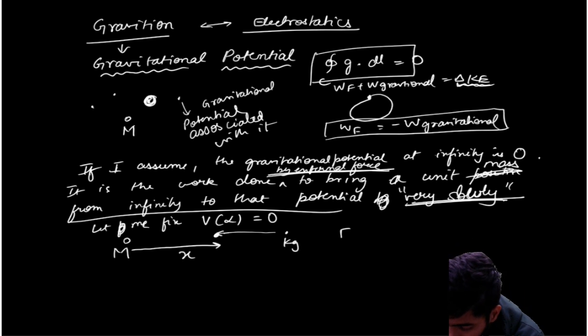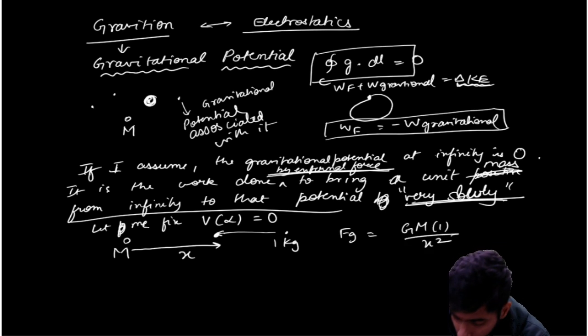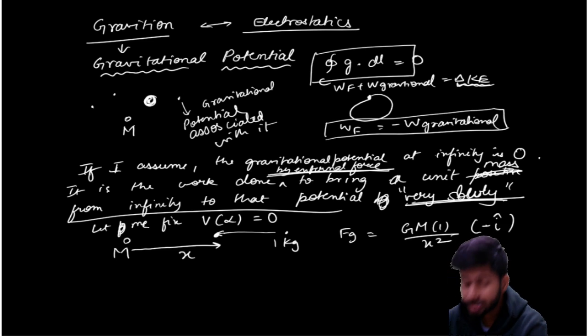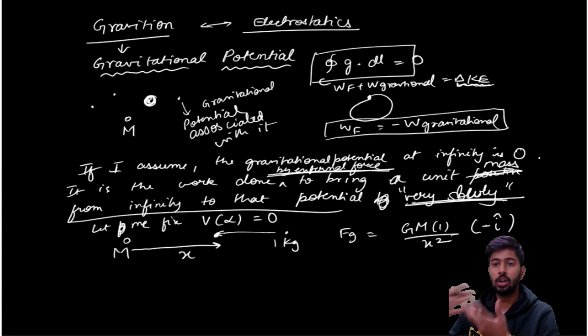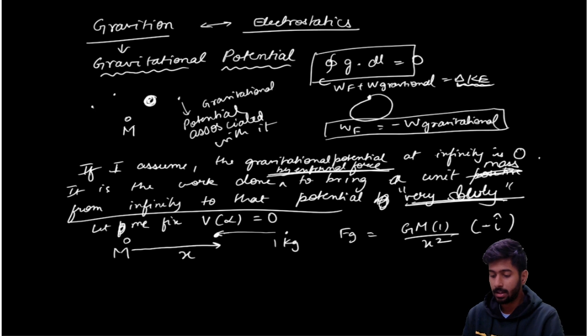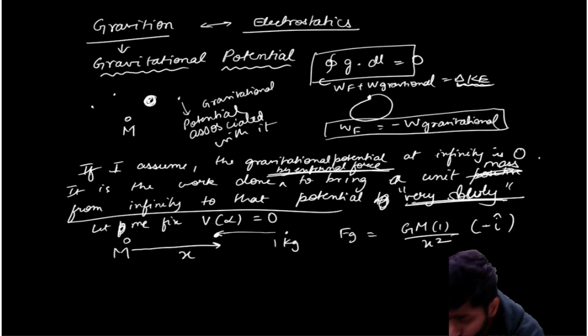The gravitational force that this 1 kg mass experiences is GM into 1 by x square to the left, sorry, because this mass will try to attract the 1 kg mass. That's the universal law of attraction. So this is the force that will try to pull it in. In order to bring in the mass very, very slowly, your external force has to be equal and opposite to this,